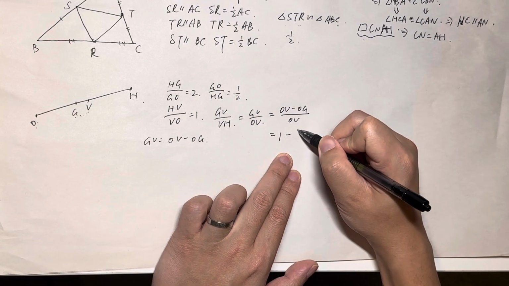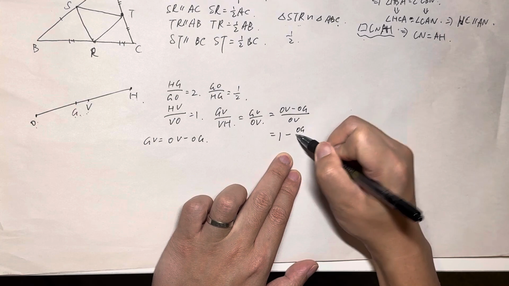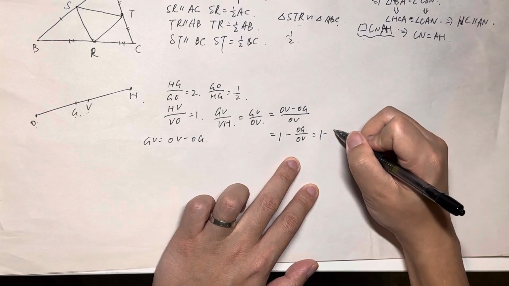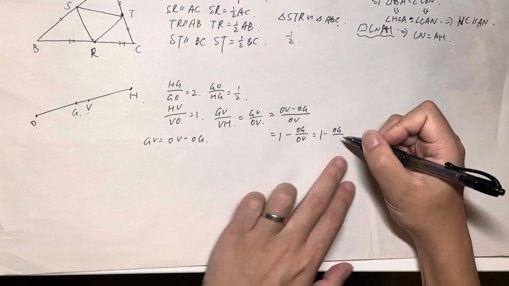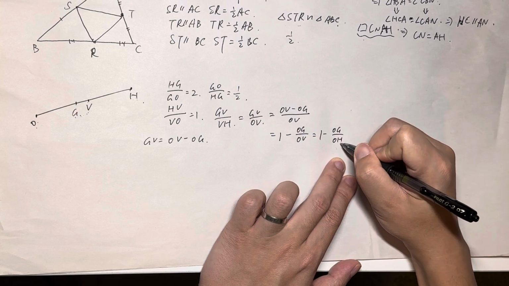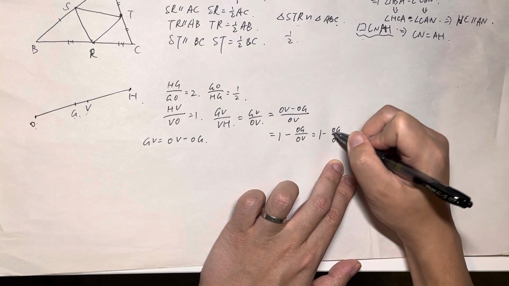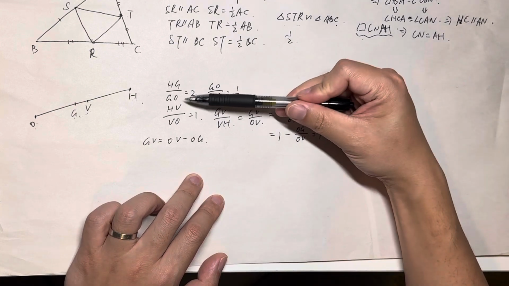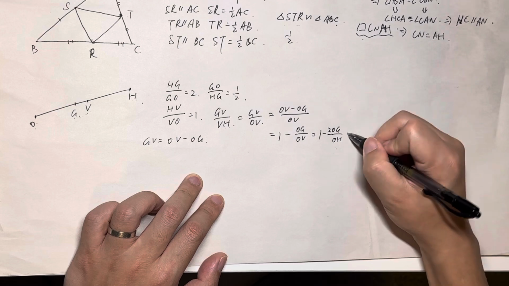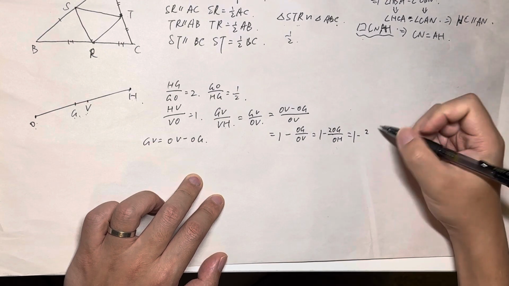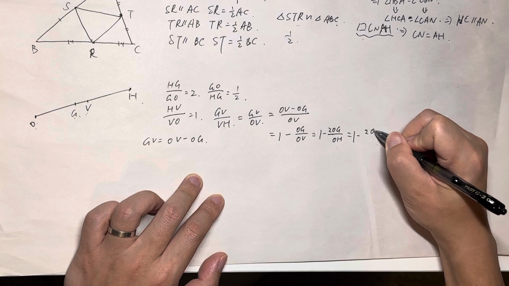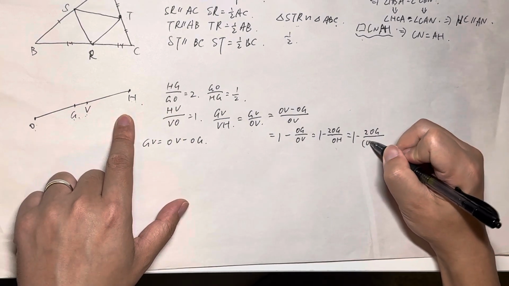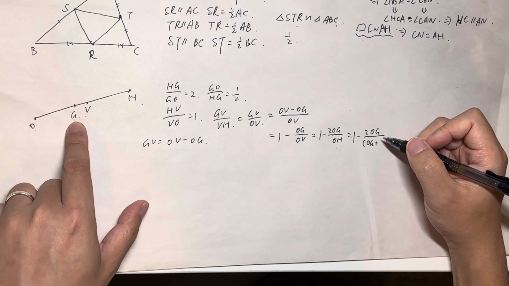Minus OG to OV, right? Equals 1 minus OG to OH divided by 2, which means twice of OG divided by OH, right? And twice of OG to OH is OG plus GH,